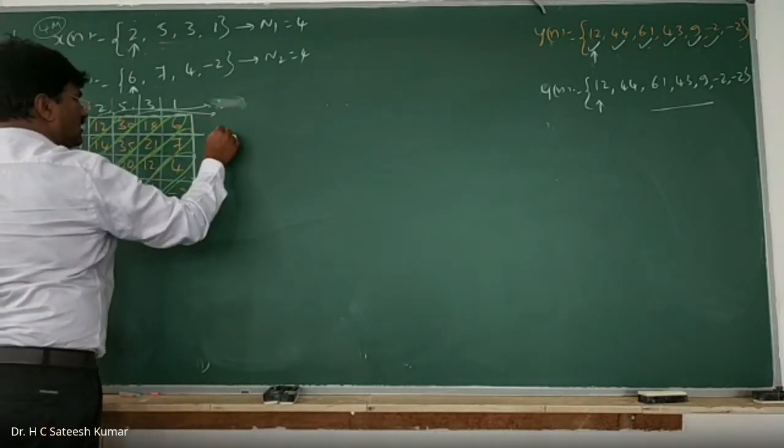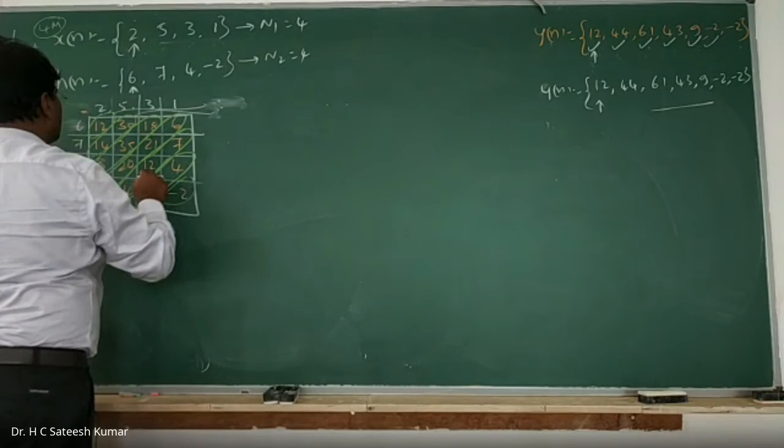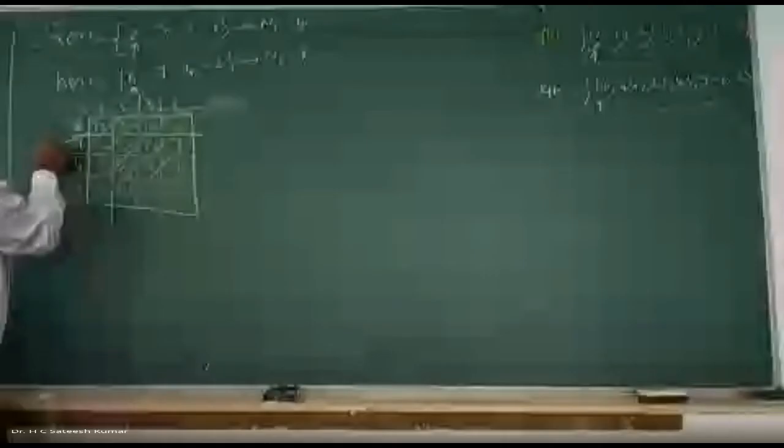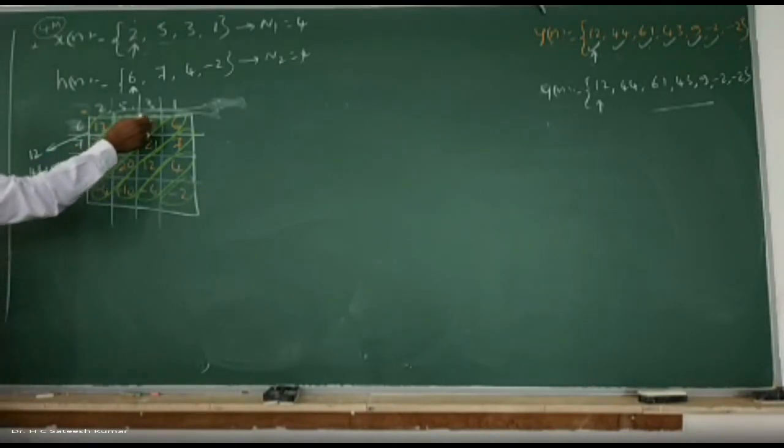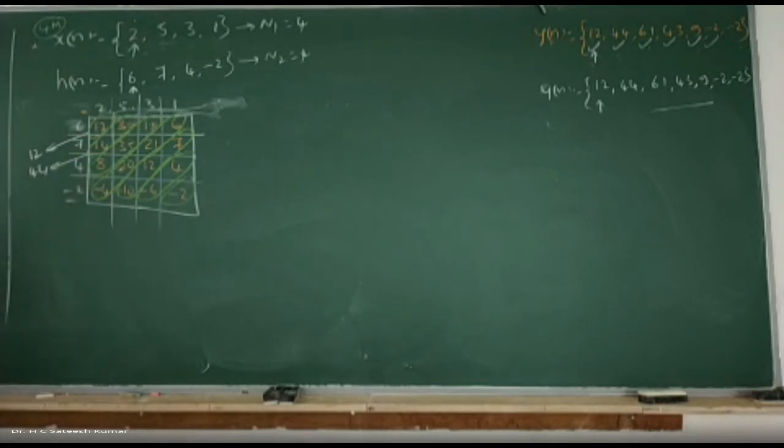So first one, what is that we get? This will be 12. And this will be what? Add them. 30 plus 14, 44. Next, 18 plus 35 plus 8. That is equal to, what is that? 61. Add them. 8 plus 8, 16 plus 5 is 21, like that. So we can add it, it is 61.